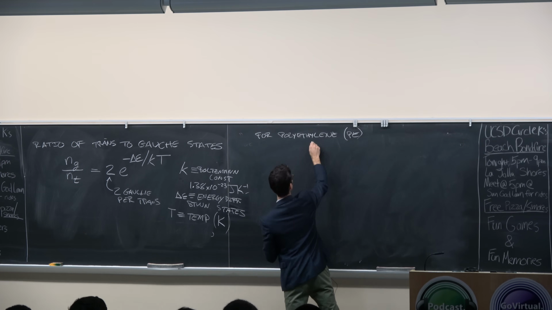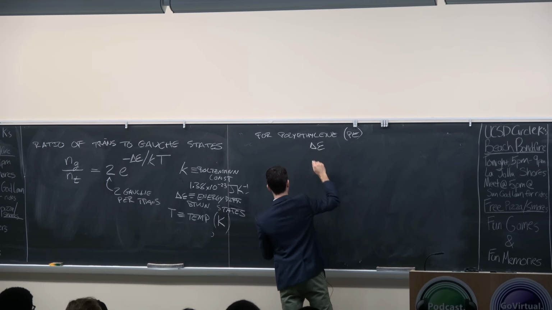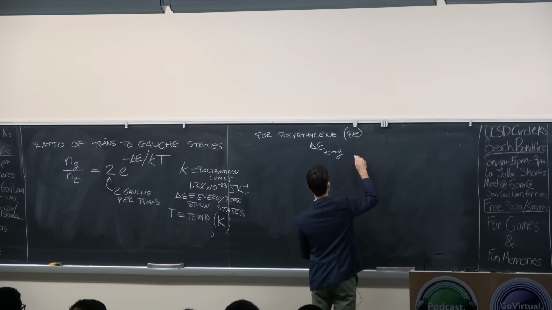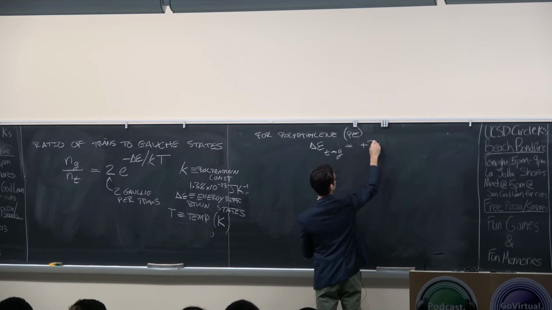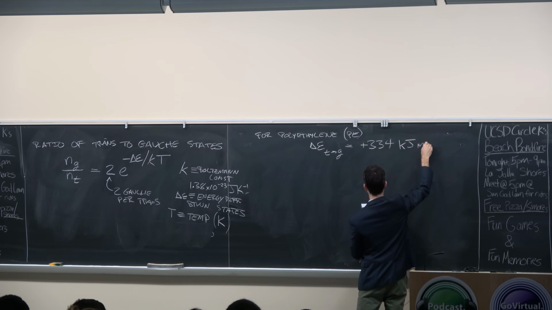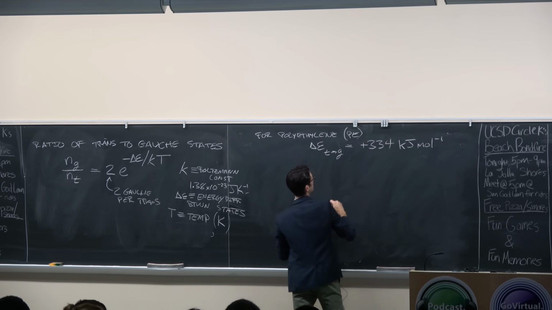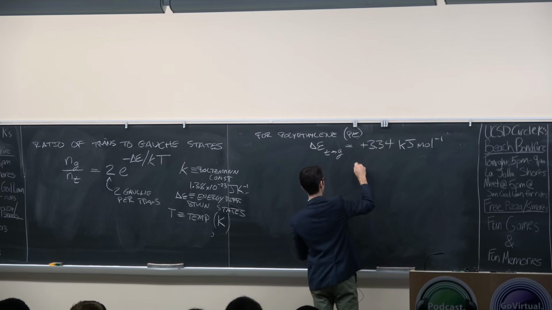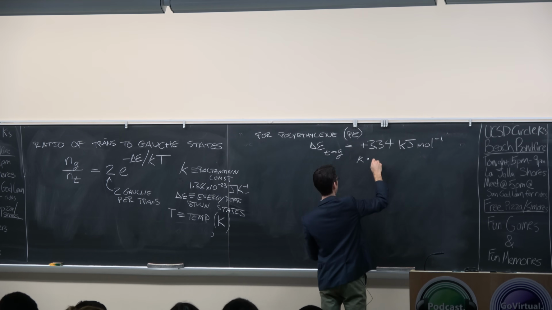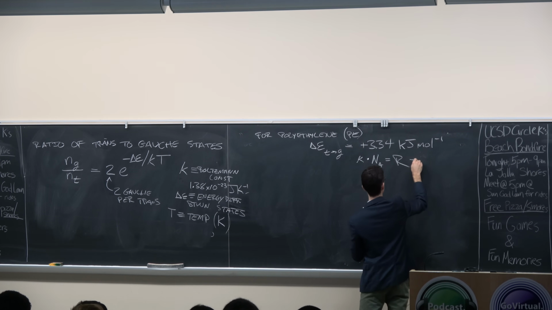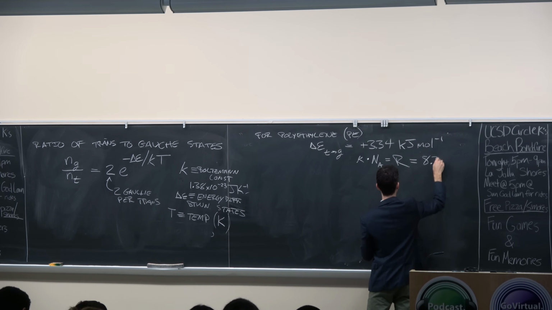We have a delta epsilon from trans to gauche of 3.34 kilojoules per mole, and always be careful of the units. So just so you have it in your notes, k times Avogadro's number equals R, which is 8.31